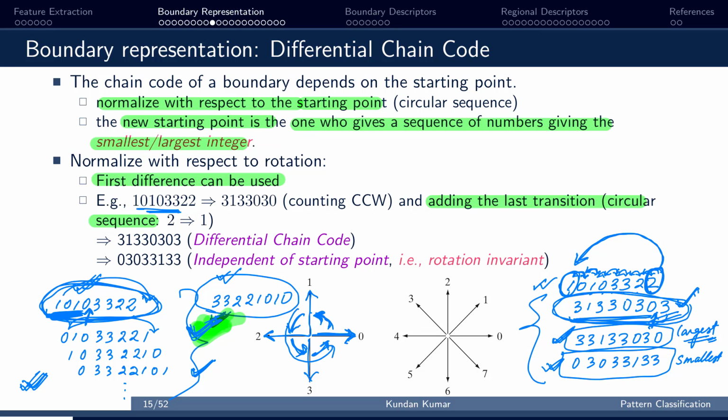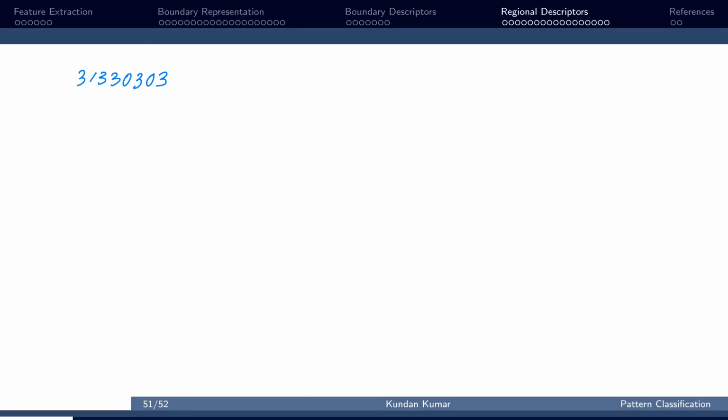Okay. Might be it is not very clear to you. Let me explain it again, how we can select the largest or smallest integer possible using these numbers. Write this number in circular sequence. So it will be 13300303, and this 3 will be at the end. Then 33030331, then 30303313,